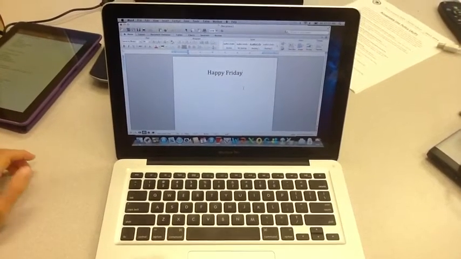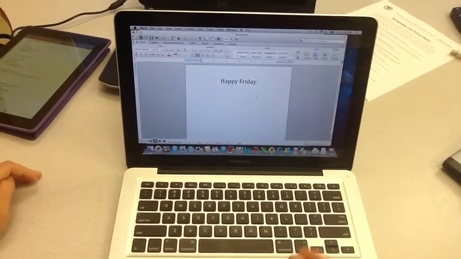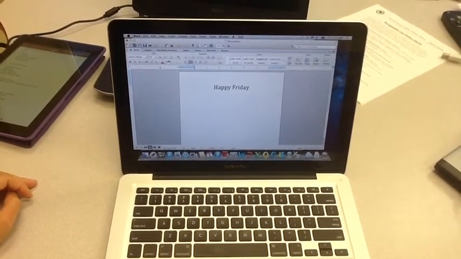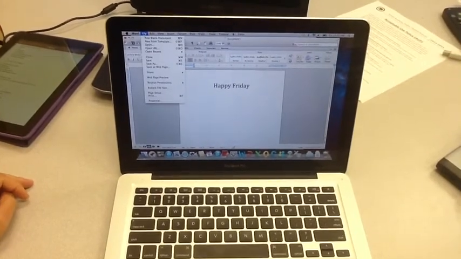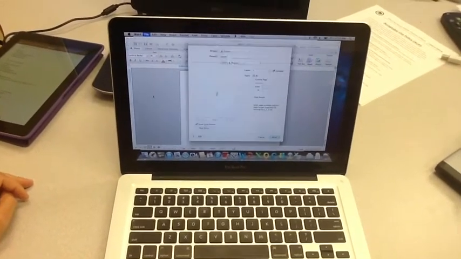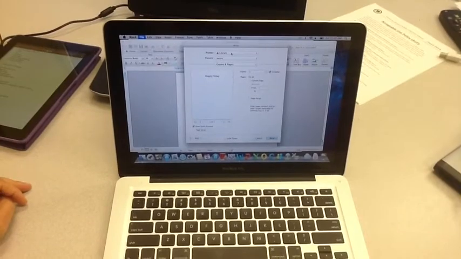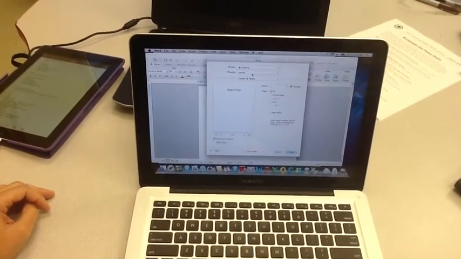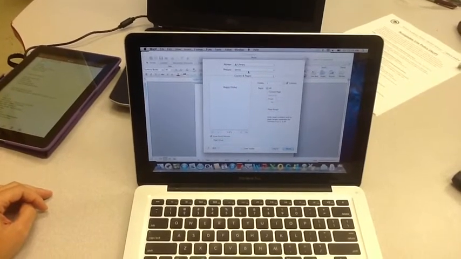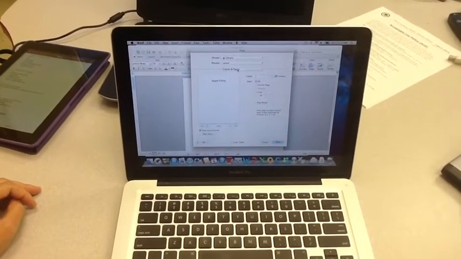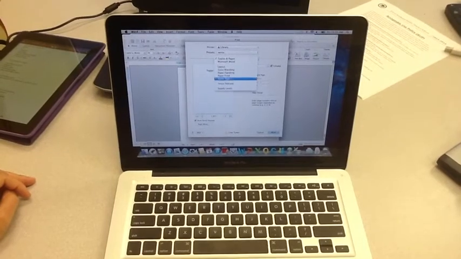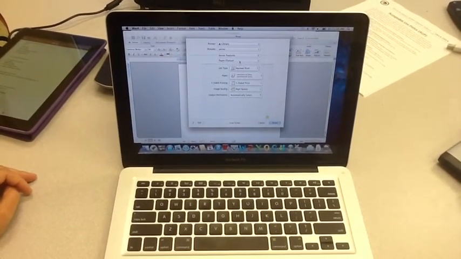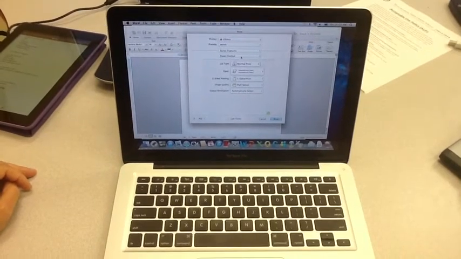Alright, so now we're going to look at how you can print something from your MacBook. First thing you're going to do is you'll open up your document and then you'll go into File, Print. When you do print, you're first going to select your printer. So I want to print in the library. Then you are going to go to Copies and Pages and you're going to change that so that it says Xerox Features. This will enable you to go down to the paper/output,